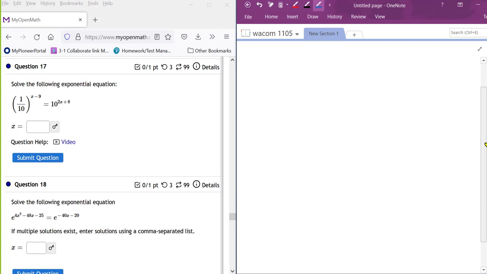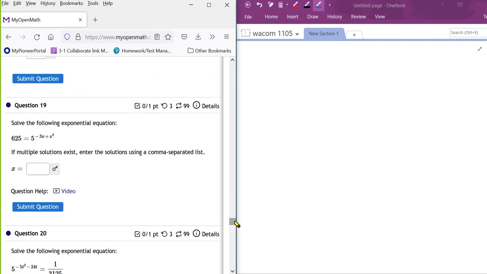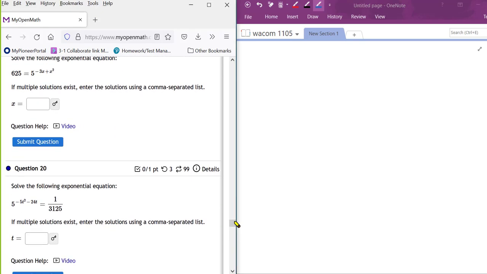I'm going to skip this one, 17, just because I'm getting short on time and I want to keep time to do a couple word problems. Rewrite this as 10 to the negative 1 before you start, and then use parentheses here to work that out. So I will leave that at that. We do need to look at 18. It is different